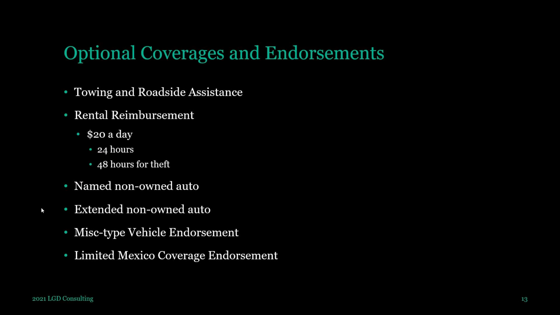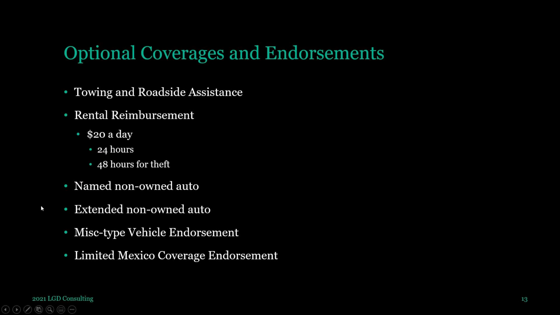Likewise, if you borrow your neighbor's car occasionally to go to the store and you get into an accident, your neighbor's insurance will be primary because it's their car that you borrow. Yours will be secondary. But that's occasional use. But if you have another vehicle that's furnished for your regular use, that's actually excluded by your personal auto policy. And so you're thinking, if I work for a company, they give me a company car, that company has insurance for me to use, right?